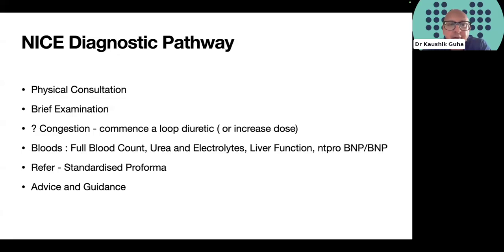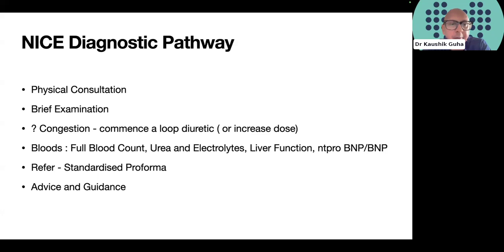Basic blood tests, including a full blood count to ensure the patient doesn't have concomitant anemia. Renal function and electrolytes, perhaps more pertinent in recent issues with the weather and heat waves. Liver function in terms of albumin, to ensure we're not overlooking secretive conditions such as nephrotic syndrome, and the natriuretic peptide. Certainly within the South Coast, and I've been involved with work with NHS England, there is a drive towards